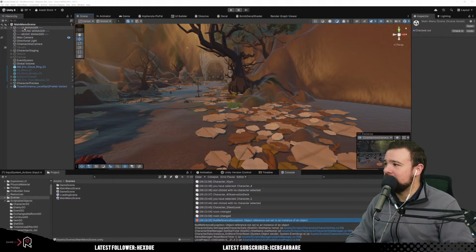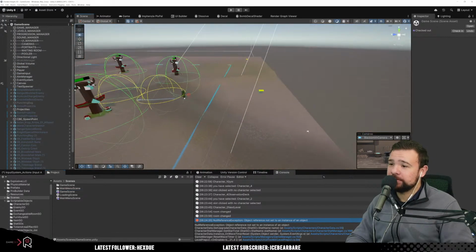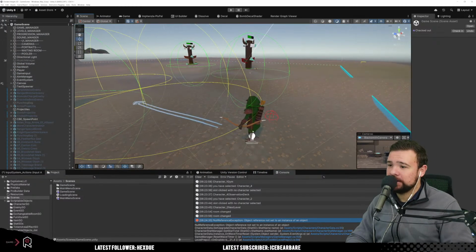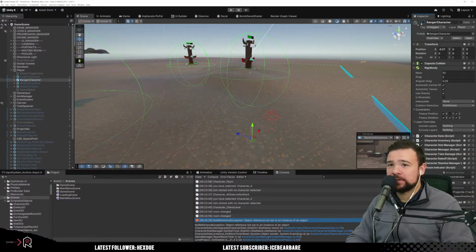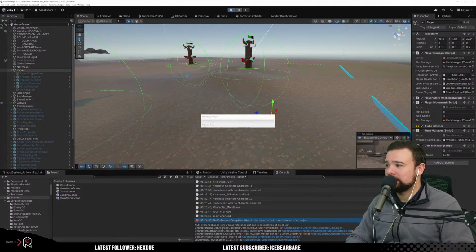Okay, but let's see. If we go back to the game scene, I know why it broke. It's because I left... Remember, we were busy with the Robin and trying to figure out gravity. But I left it in there, and they kind of broke then, because I should have disabled it after I was finished. But we can...